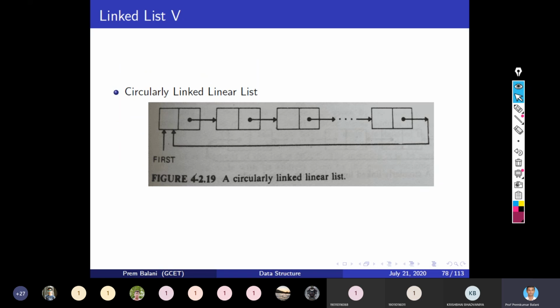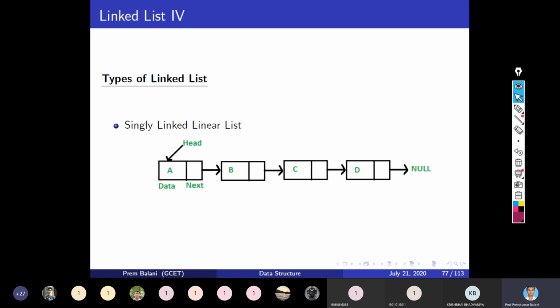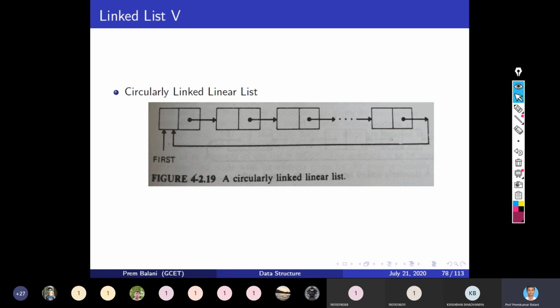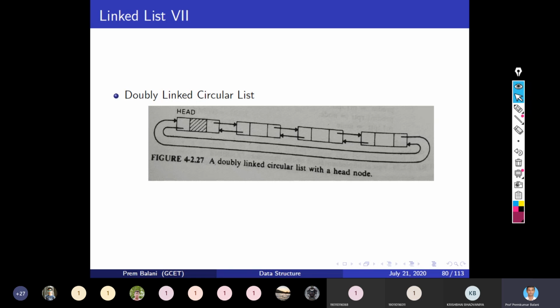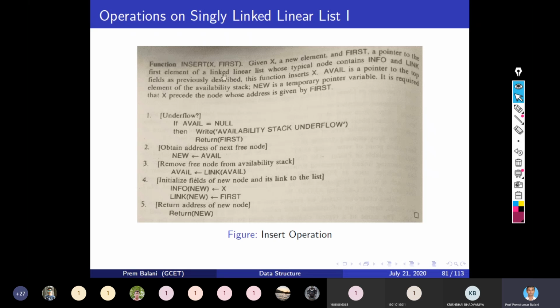Then we looked at the types of linked list. There are 4 types: singly linear list, circularly linked linear list, doubly linked linear list, and doubly linked circular list. So these are the 4 variants.